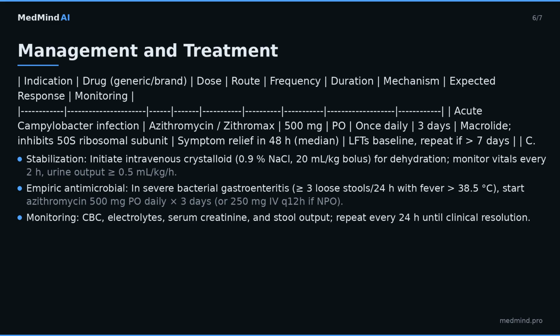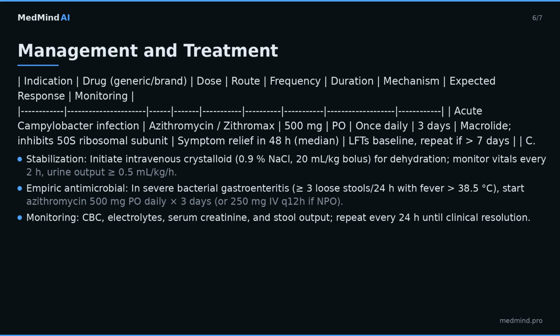Dysbiosis, post-antibiotic: Lactobacillus rhamnosus GG culture, 10 billion CFU, PO, BID, 8 weeks, competitive exclusion, mucosal barrier support, SIBO recurrence from 28% to 12%, RR 0.43, no routine labs. Celiac disease, IgA deficient: gluten-free diet, GFD, lifelong, eliminates gliadin peptides, symptom stabilization. Initiate